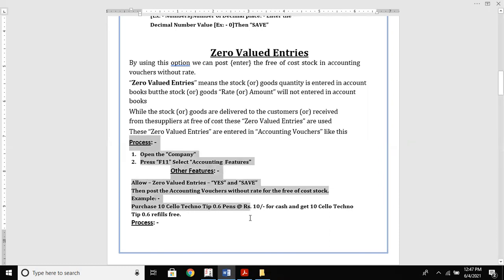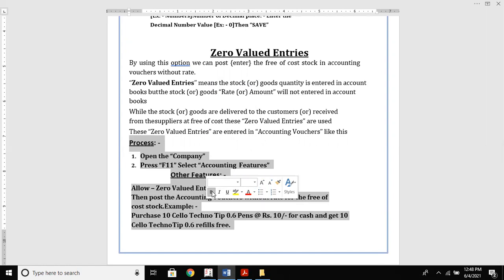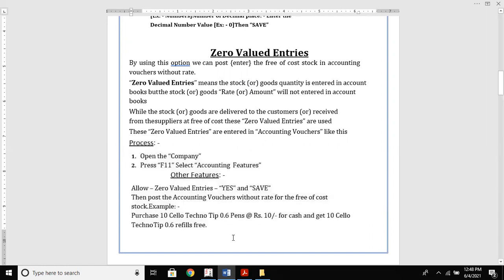So let's see what is the process we are going to follow for that. Open the company, accounting features, configure F11. In other features, you'll find zero valued entries, whether you want to allow it or not.